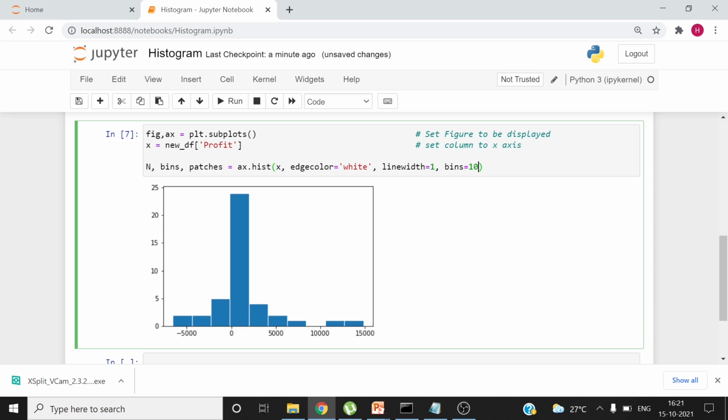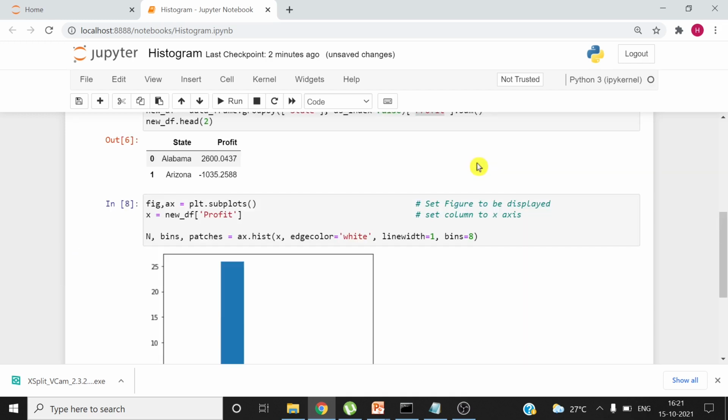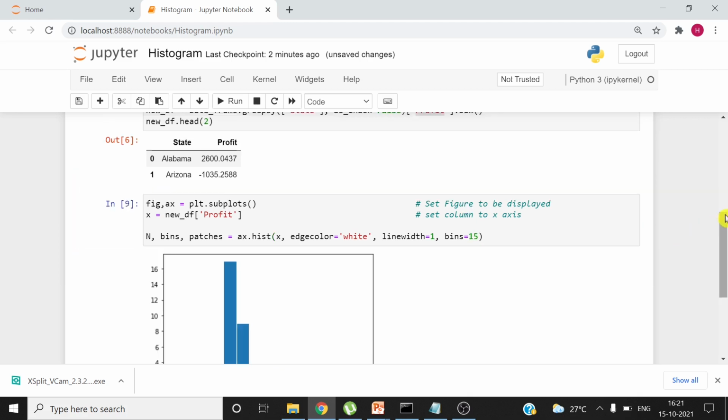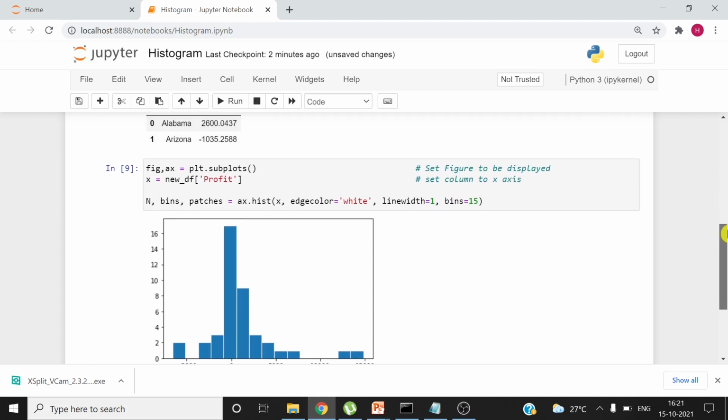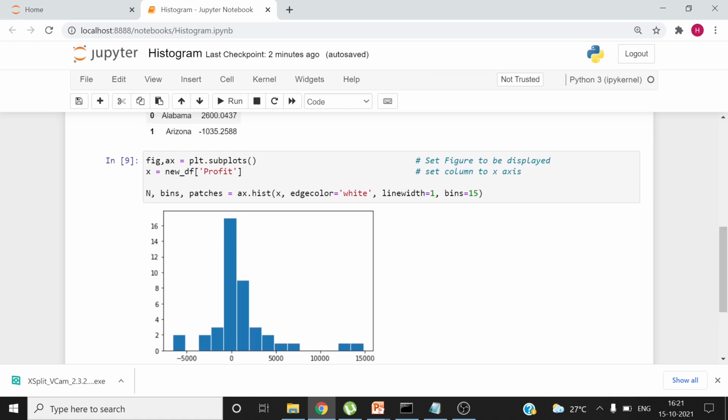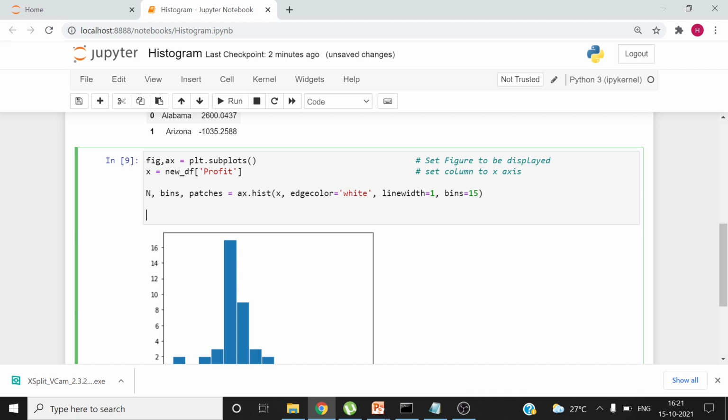If you want to control distributions manually, you can change the distribution values here. You can make it 8, so it will show 8 distributions. And if you want to display 15, you can change it to 15. Let's say if you want to see only two distributions, then you can change it accordingly. So we have the distribution and we have the required values. Now we have to set color for the bars which are generated by the matplotlib histogram. For that we have to understand that n is the length, or each block. These are the blocks. One bar is basically counted as a block. So for each block we have to define a different color.